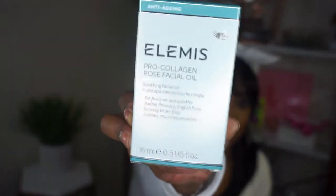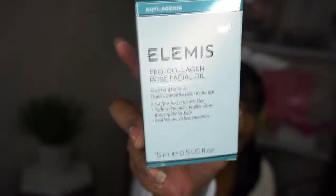Pro Collagen, and it's a facial oil. We like oils and we like collagen, you know, plump up our face. That's what I hear when I hear collagen, plumping up my face, okay? Get those wrinkles away. So it says, soothing face oil for fine lines, wrinkles,